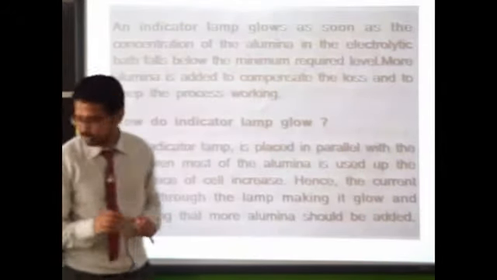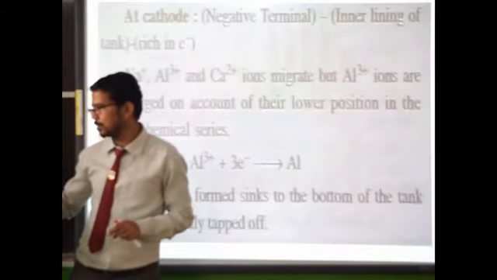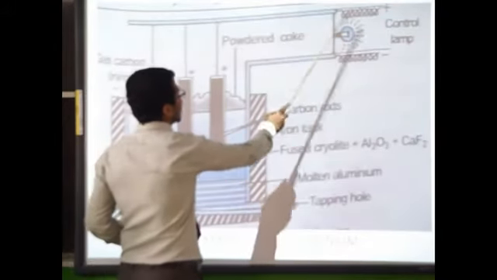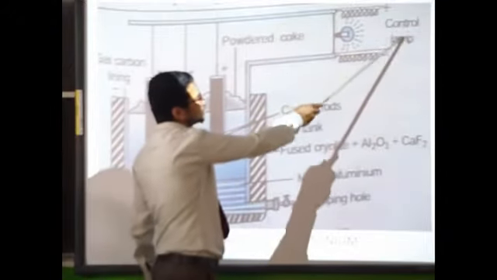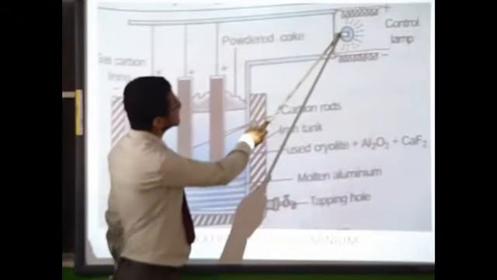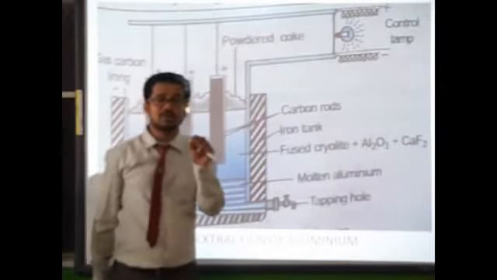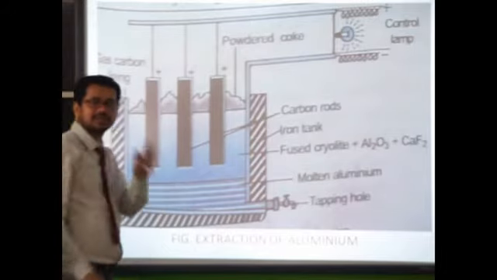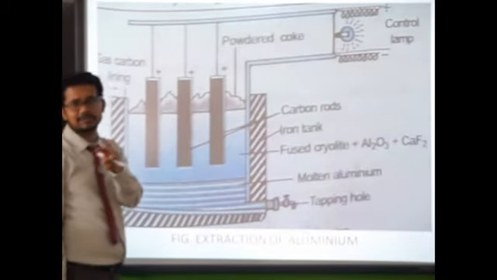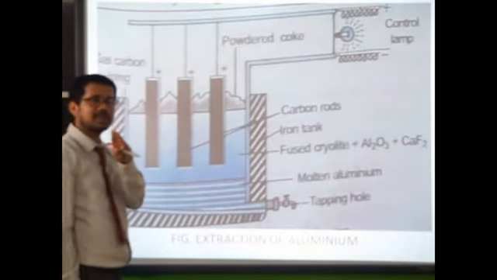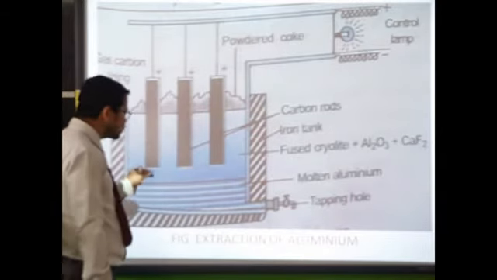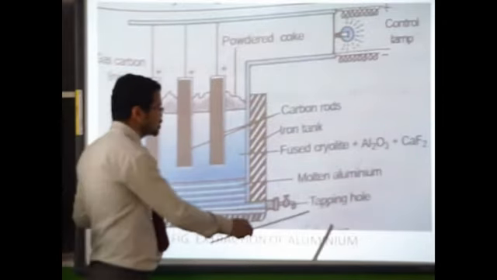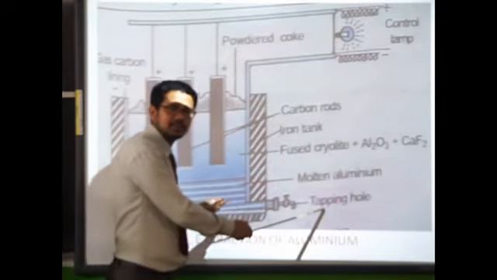An indicator lamp. Just in this figure, we could see this lamp here. Why is this lamp here? This is a control lamp, connected here. The function of the control lamp is this: in the electrolyte there are alumina, cryolite, and fluorspar. Whenever alumina is reduced, because from alumina pure aluminium is deposited,